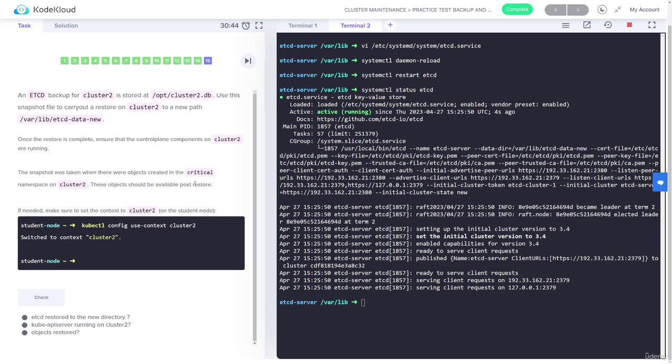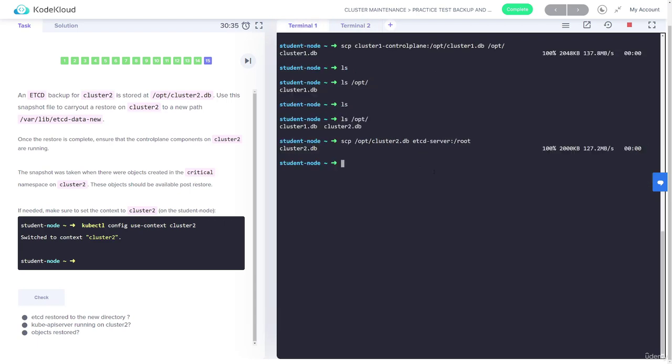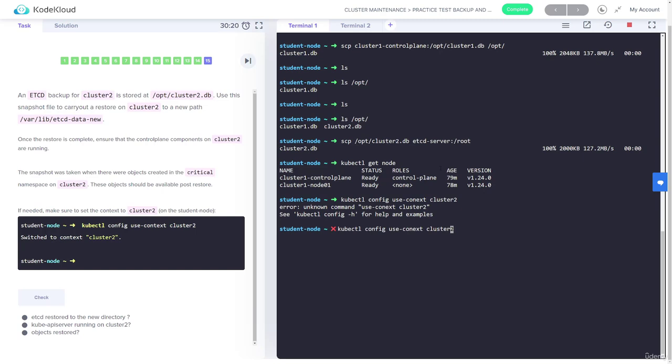Now the last step is to restart all the control plane components so that they're not using any kind of stale data. I'm going to go back to terminal 1. Let me make sure I'm connected to... okay, I'm still on cluster 1. Let me change this to be cluster 2. Okay, and now if I do a kubectl get pods,